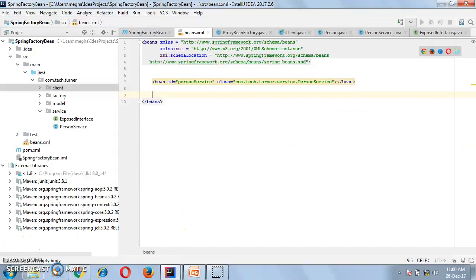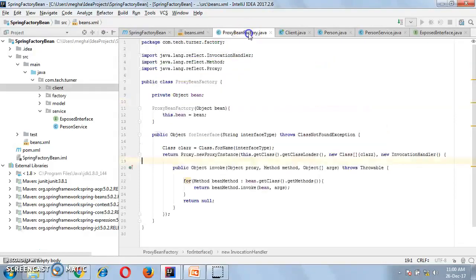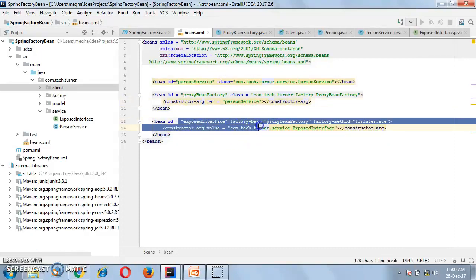In our configuration file, create a bean tag for the proxy bean factory. Since the bean factory has a constructor with the object bean, pass it the reference to our person service. The next bean is the exposed interface.